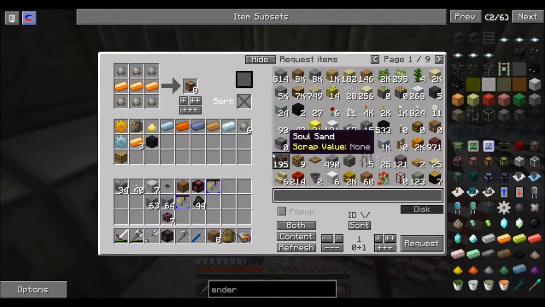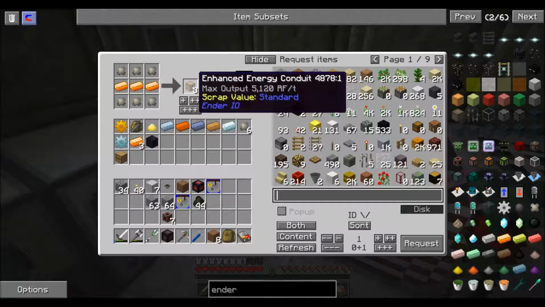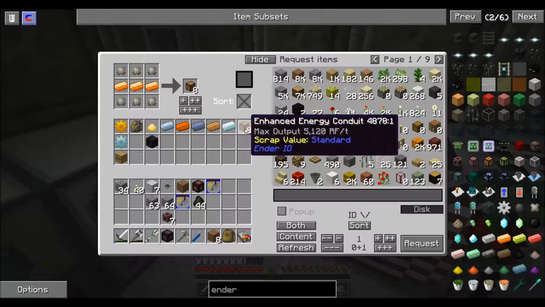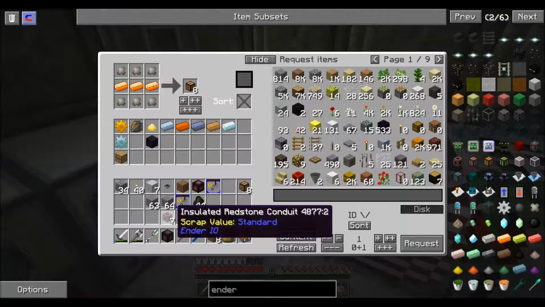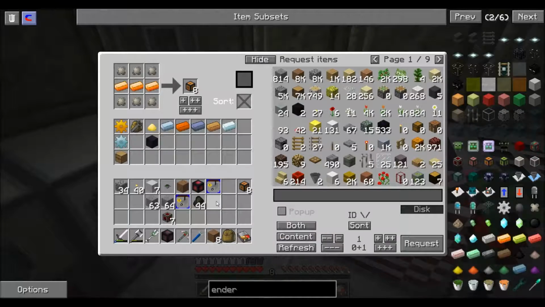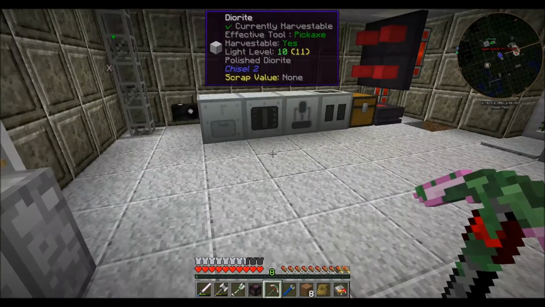This episode, we're going to finish our mob spawner, hopefully, which I've done some work on off the cage. And I'm just getting some more enhanced energy conduit here. I'm basically using enhanced energy conduit and insulated redstone conduit to control it because it can stack in the same square. But first of all, I want to make some changes to